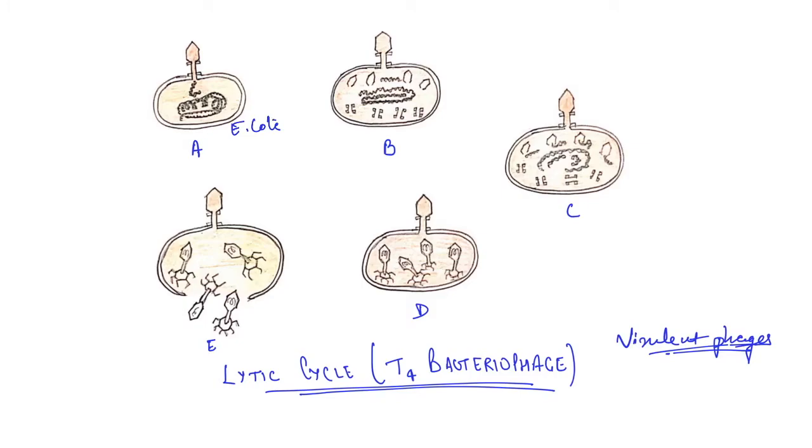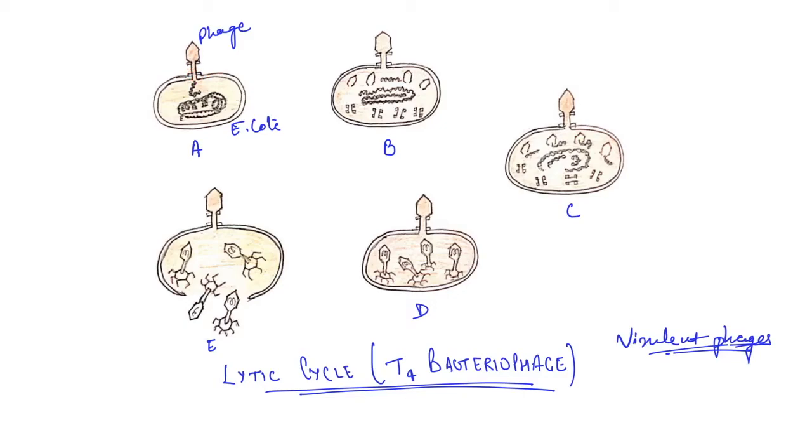The phage is attaching itself to the host cell through the tail fibers. In the previous video we have seen the structure and diagram of bacteriophages and different kinds of viruses. If you are not aware of the structure completely, please go and watch the previous video. So here, through the tail fiber, the phage is attaching to the